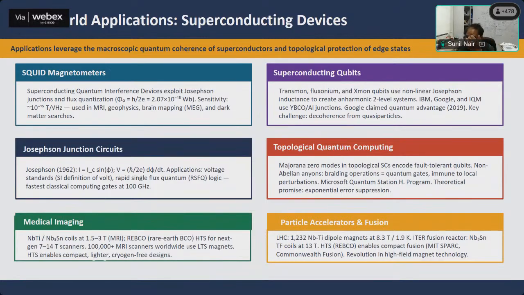As a matter of fact, theoretically, backscattering is completely ruled out in topological surface states. So that is another big area of interest, because it is one thing to make a superconducting qubit-based quantum computer. The fact remains that quantum error correction is a very important part. There are a lot of errors which happen during the course of this probabilistic computing. And people think that in topological superconducting based quantum computers, this error correction will be minimal. You would not require it, so there is a theoretical promise of exponential error correction as one increases the number of qubits. And then, of course, other uses like accelerators and fusion and so on.